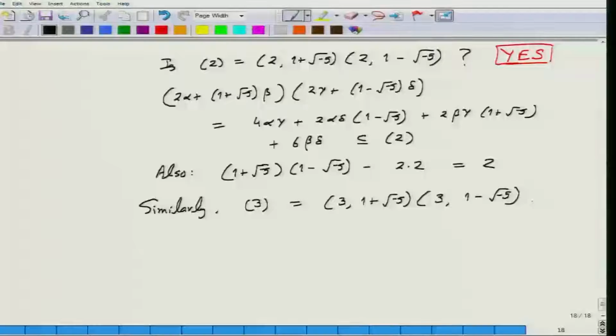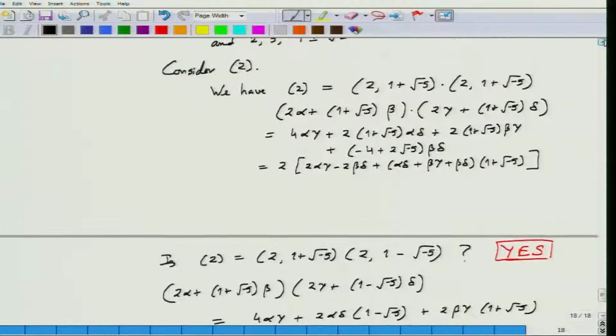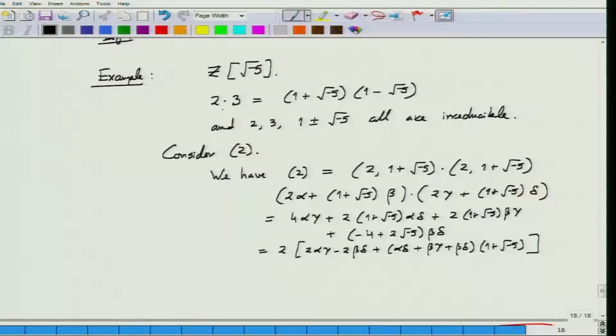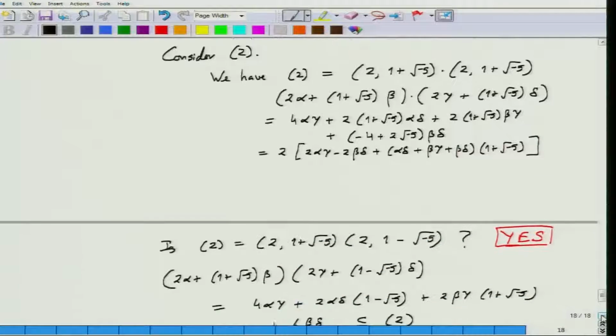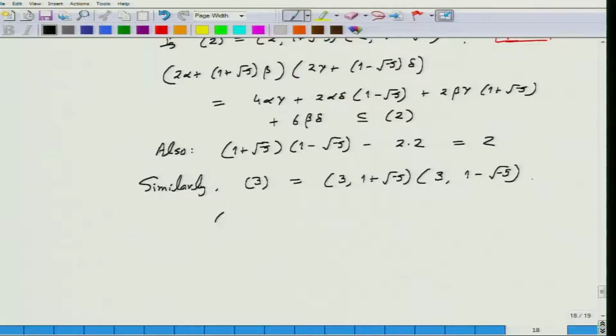And if you recall, we had this equation. So let's see the right hand side of this equation. How about 1 plus square root of minus 5 and 1 minus square root of minus 5? 1 plus square root of minus 5, I will claim factors as